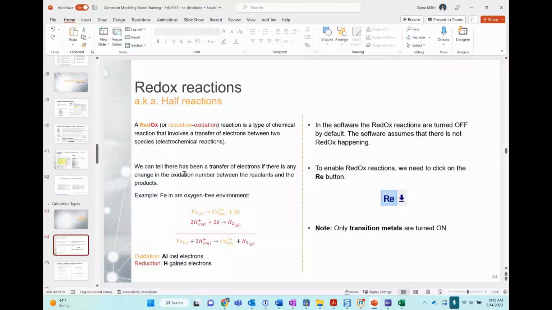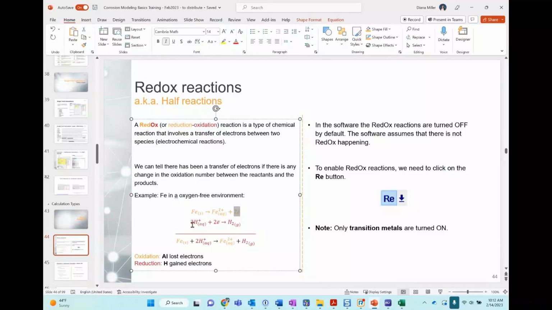This is a simple example of iron in an oxygen-free environment. Iron is the one that is oxidizing because its charge is changing from 0 to +2, producing 2 electrons, and you need a reduction reaction to take those electrons.